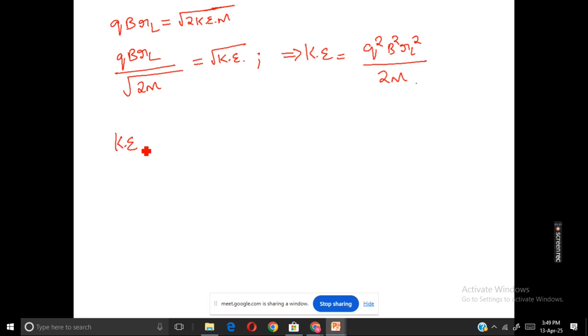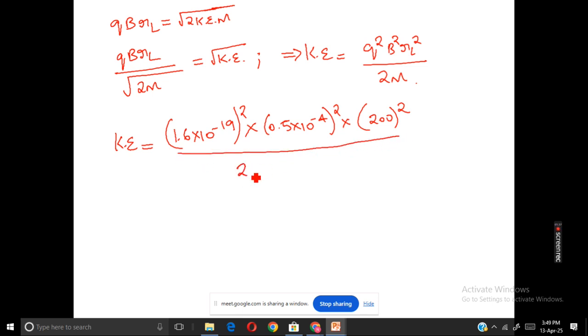So kinetic energy will be, the value of q is 1.6 into 10 raised to minus 19, since it's an electron. The value of B is given in the question, which is 0.5 into 10 raised to minus 4. And RL is also given in the question, which is 200 meter, divided by 2 into mass. Mass of an electron is given by 9.11 into 10 raised to minus 31. So if you find the answer, it will be